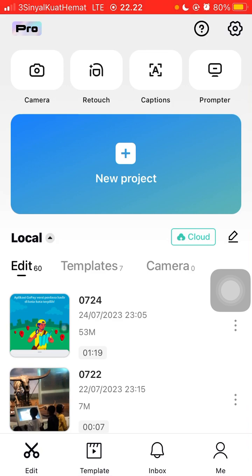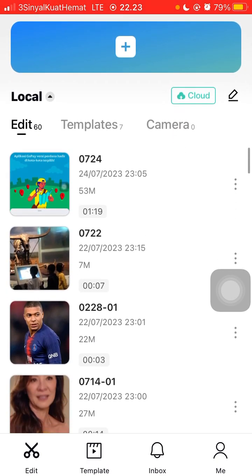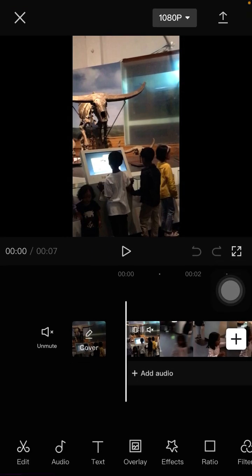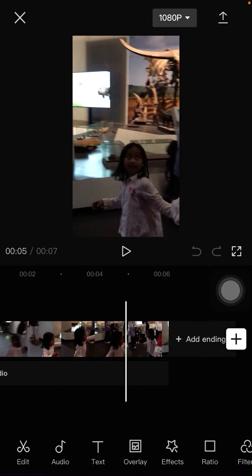Hello everyone, in this video I am going to show you how you can save your videos created in CapCut apps to your gallery. So it's super simple. After you finish editing the video, you are just going to click the export button in the top right corner